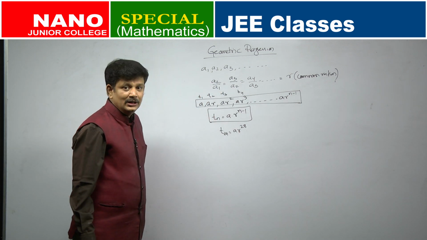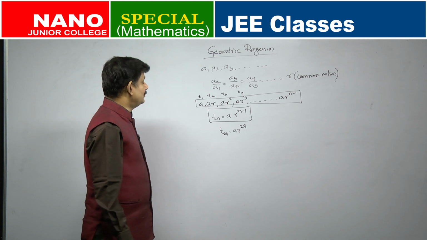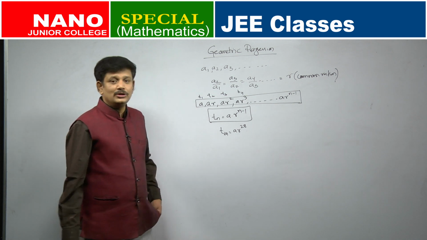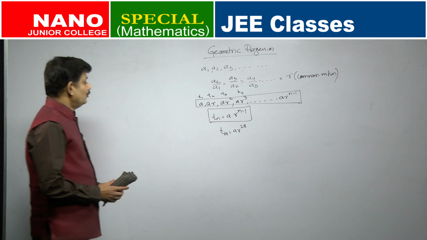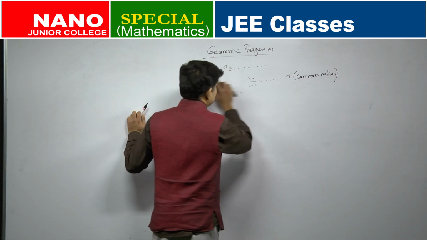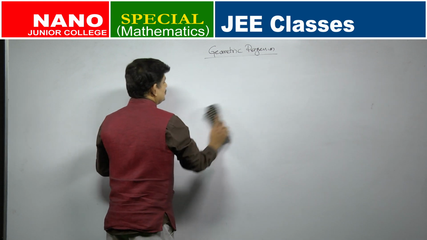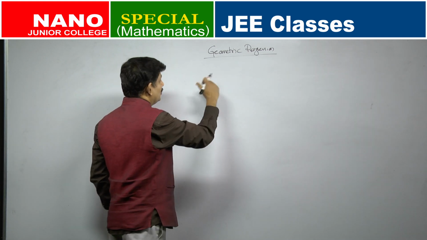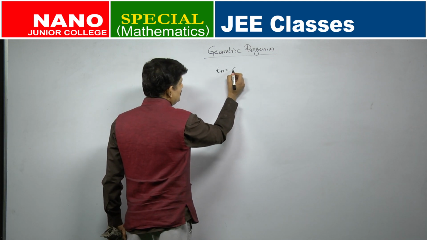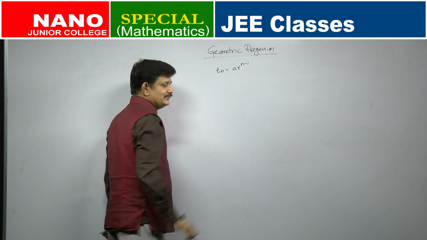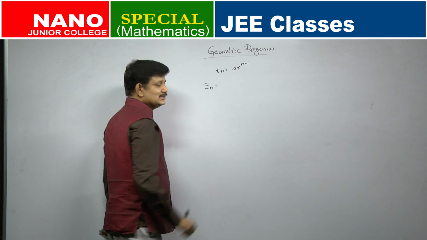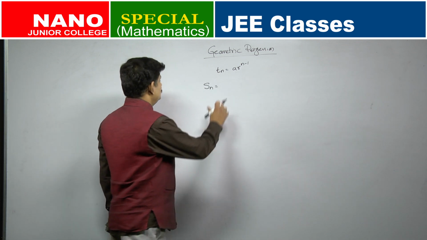Let us focus on some properties of geometric progressions, basic properties of geometric progression, and more importantly summation of geometric progression, the sum to n terms of a geometric progression. Let us see how to find the sum of n terms of a geometric progression. So, what is a geometric progression? It is a sequence where consecutive terms bear the same common ratio, the nth term of which is given by A R power n minus 1, where A is the first term, R is the common ratio. Now, what is my target? To find the sum to n terms of a geometric progression.